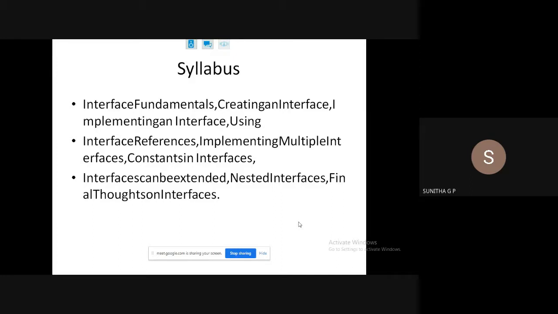Okay, so the interface components are the variables as well as the abstract methods. Variables are by default static, public and final. And we will not define the methods in the interface, so they are called abstract. An object cannot be created for an interface, it is like an abstract class, so we cannot instantiate an interface. An interface is declared using the interface keyword, and its abstract methods are used in a class using the keyword implements.